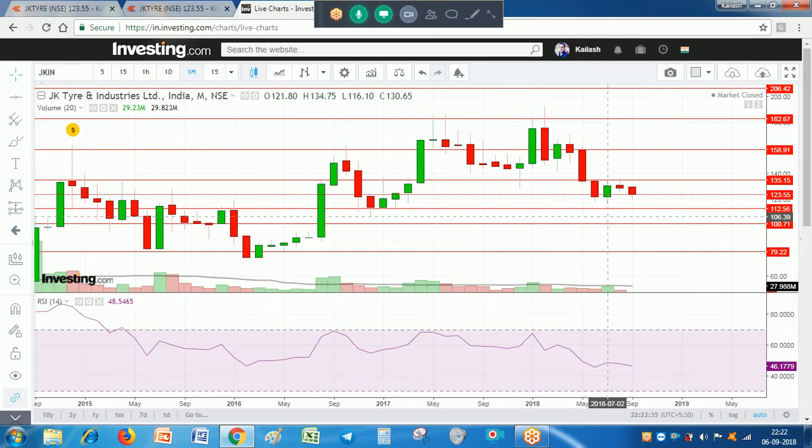If the stock is able to cross this level, the immediate resistance level is at 135. Once it gives a closing above the 135 level, there are high chances that it can go somewhere around 158 or 160. And if it cannot remain above this level of 113, then there are chances that the stock can fall down to 100. If that level is also broken, then it can fall to